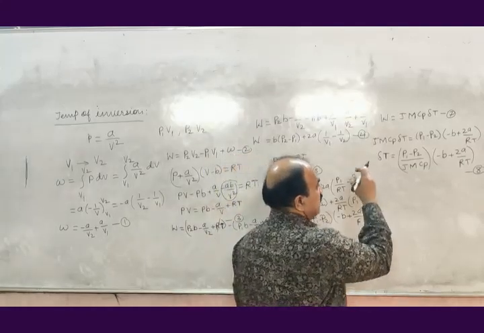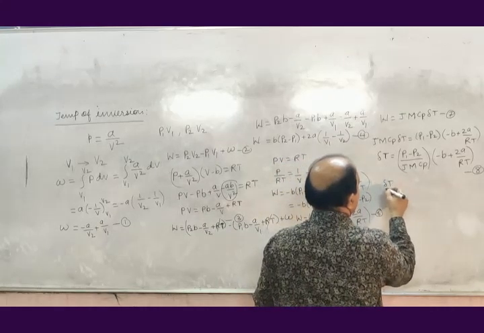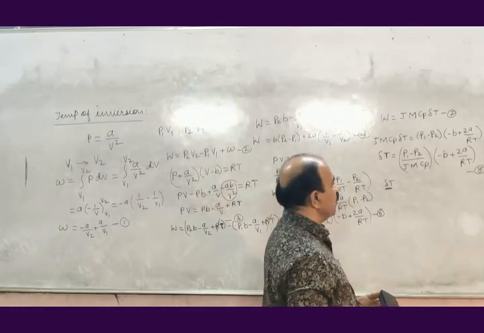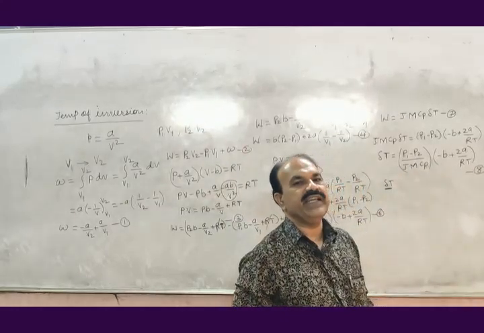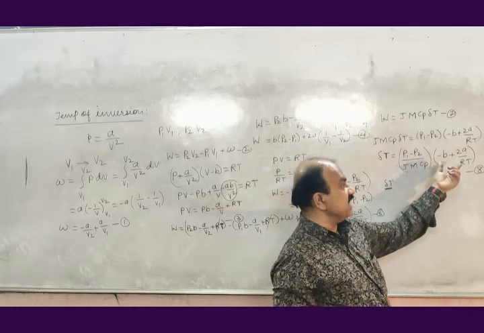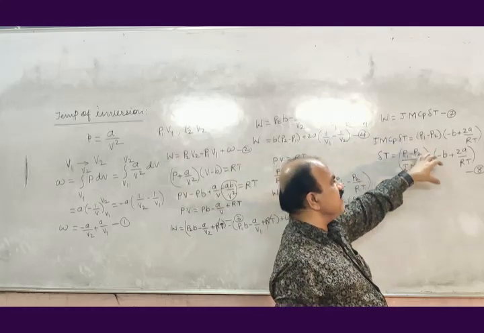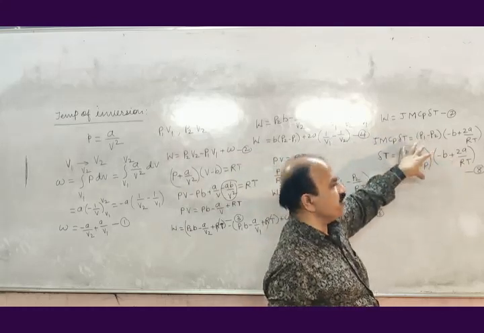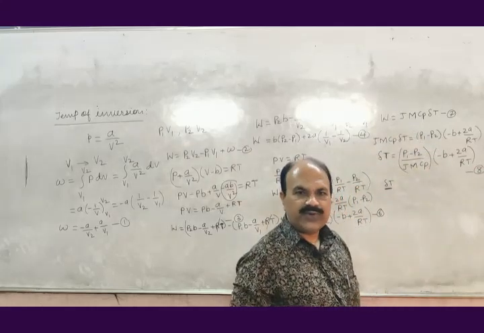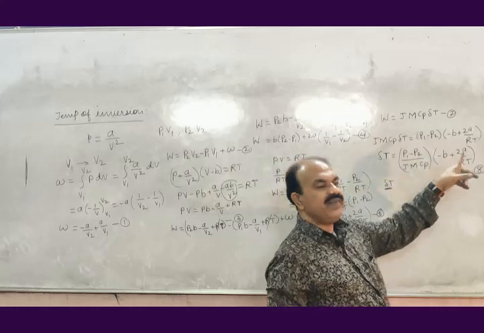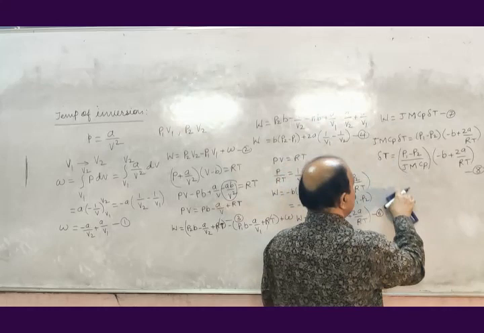If you want delta T to be negative, how should the second term be? The second term should be negative. If the second term is negative, then only delta T is negative. A positive term multiplied by a negative term gives a negative product. So delta T will be negative if the second term is negative. The second term will be negative if,